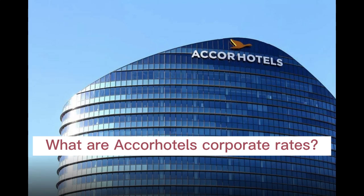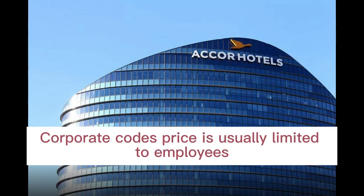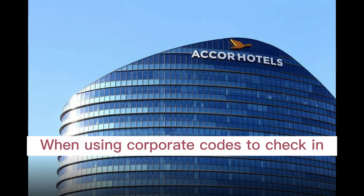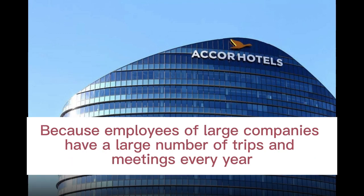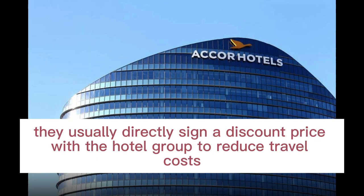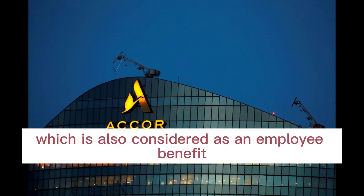What are AccorHotel's corporate rates? Corporate codes price is usually limited to employees. When using corporate codes to check in, you sometimes need relevant corporate employee certificates or the corresponding company email to verify your identity. Because employees of large companies have a large number of trips and meetings every year, they usually directly sign a discount price with the hotel group to reduce travel costs, which is also considered as an employee